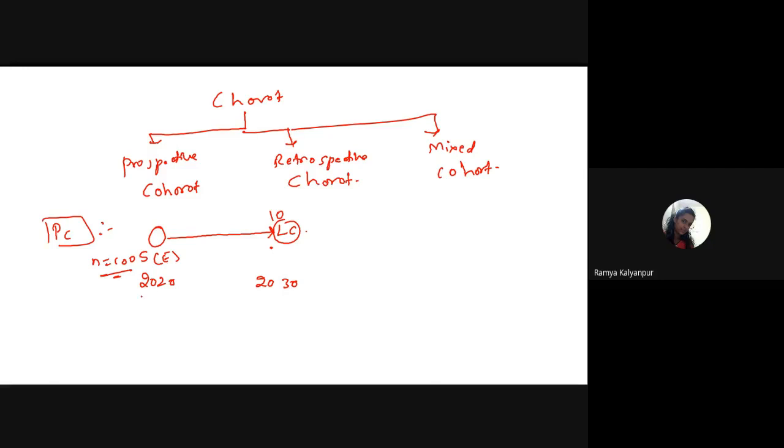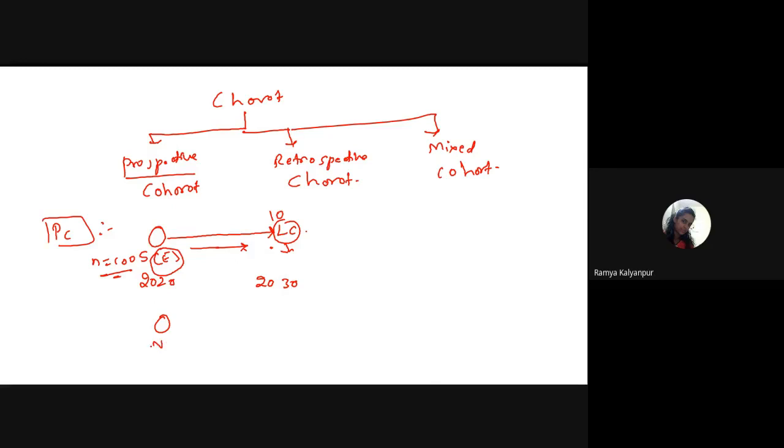Now this type of follow-up study or forward-looking study, we call prospective. The meaning itself says forward-looking. I'm starting with the exposure where there was no disease. Then I'm moving ahead in time. Then I'm rechecking them to look for whether the individual has developed lung cancer or not. And similarly, I will observe another comparison group.